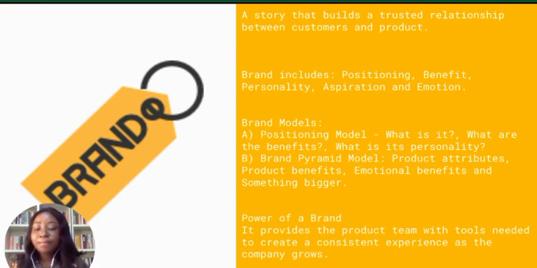Truth is, if Google had not been able to maintain that brand feel they gave to us, a lot of us might not be using it today. Google is not the only search engine. We have the likes of UC Browser, we have the likes of Opera Mini. But what makes Google stand out is that brand feel that we all have whenever we are using it. Yeah. So that is that.